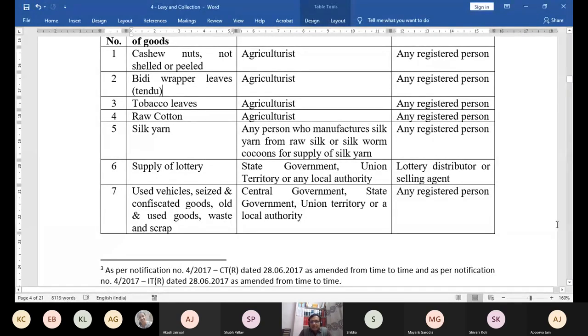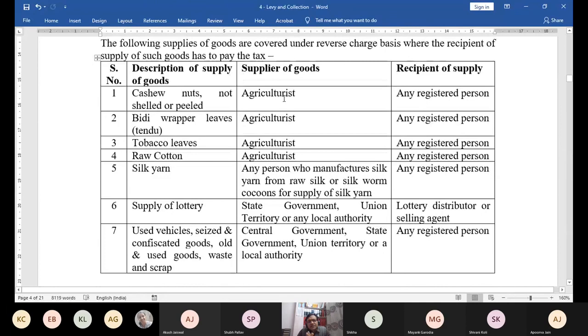So let me show you the highlighted text. Only this you should do. You have to learn the names. If a theory question comes on reverse charge, then you have to write the definition of reverse charge. You have to write section 9.3 and section 9.4, as well as section 5.3 and 5.4. The difference between CGST and IGST is now 100% clear: inter-state, that is the only difference.